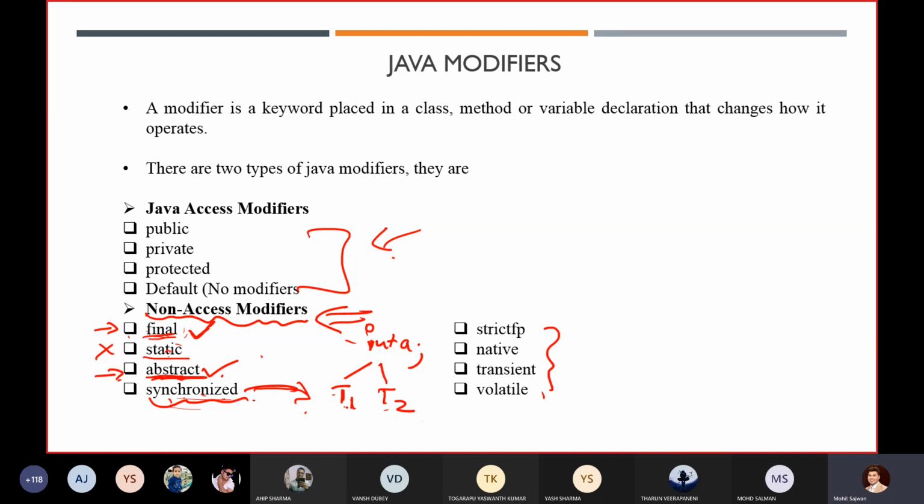But as you know, at a time only one thread should access a variable. It's not that both threads will use the value of the variable or update it at the same time. Why? Because it may lead to an inconsistent state. I can give you an example: suppose I am performing some sort of transaction. What will happen